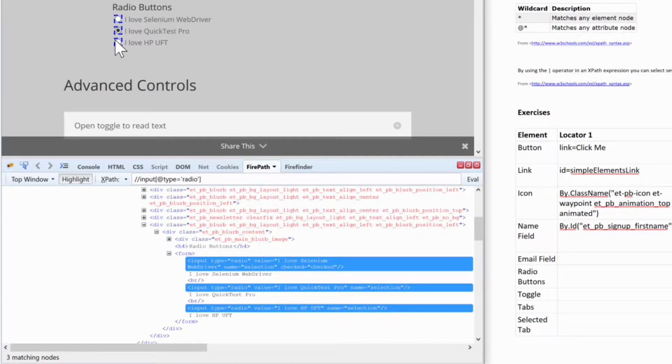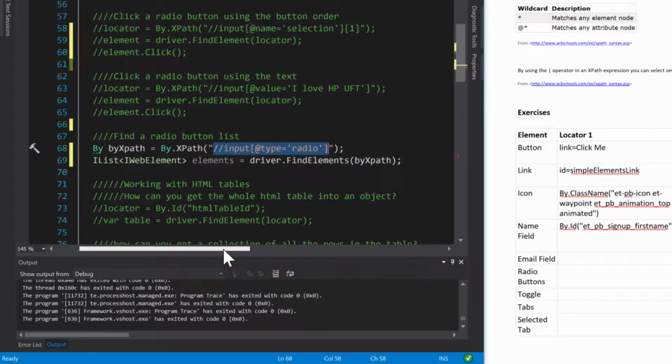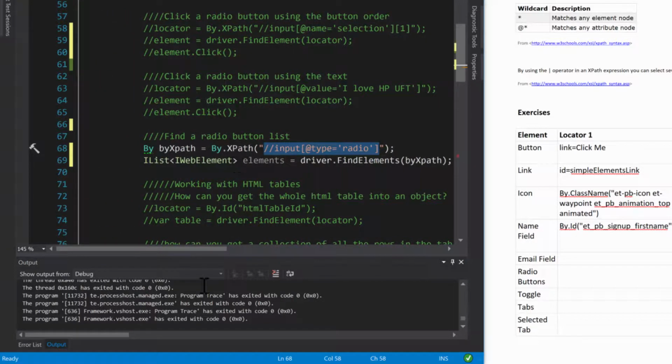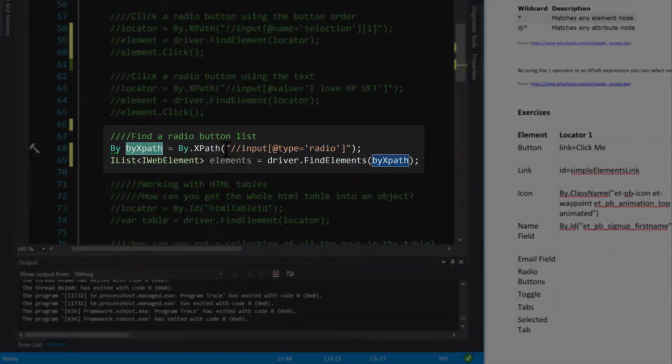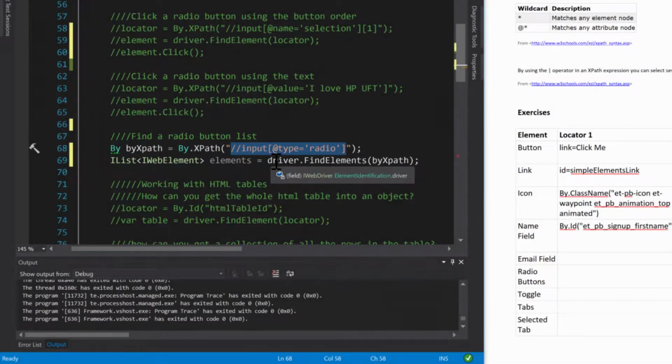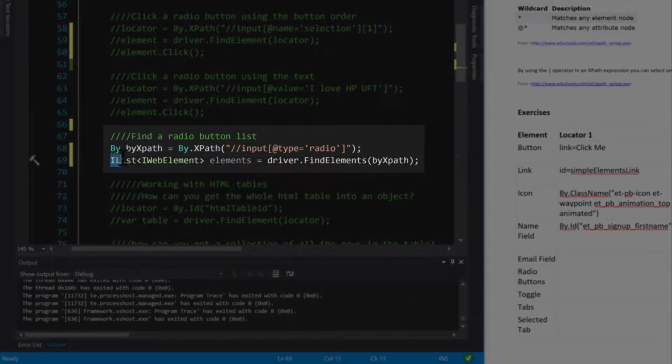It selects, right, the 3 radio buttons. And that's good to know because we can have multiple elements returned to our object in Selenium WebDriver. And using this right here is exactly how we do it. So we have our locator, and this locator is going to return us 3 elements. And those elements, rather than being stored in a variable like this, they are now going to be stored in